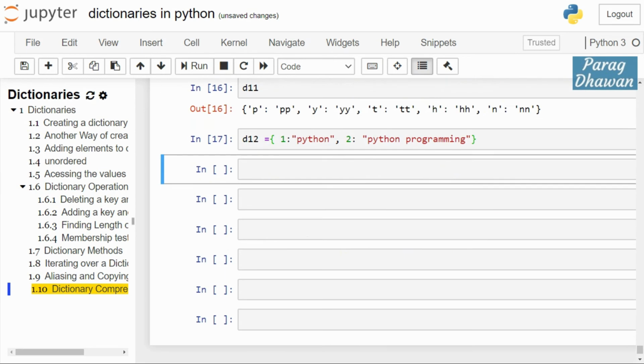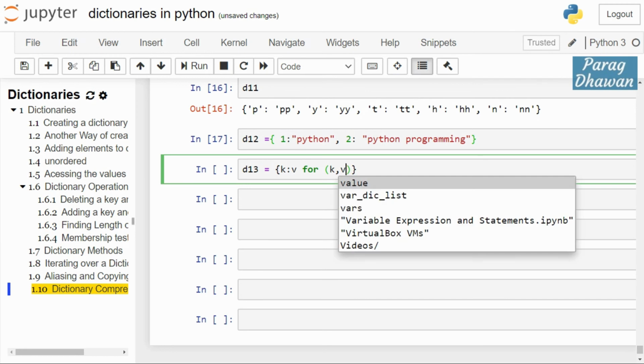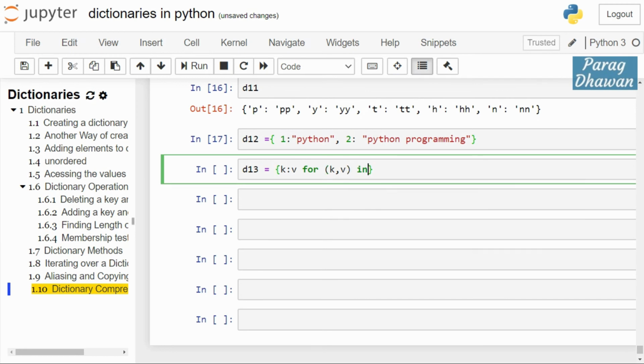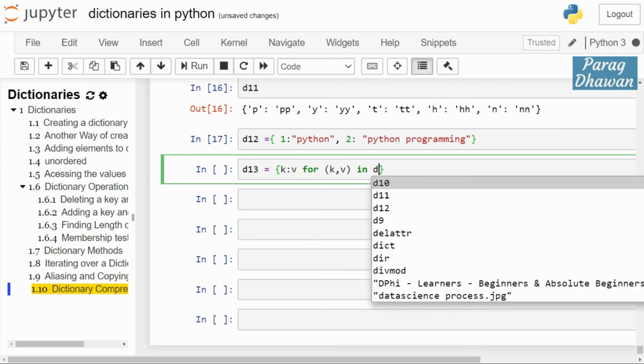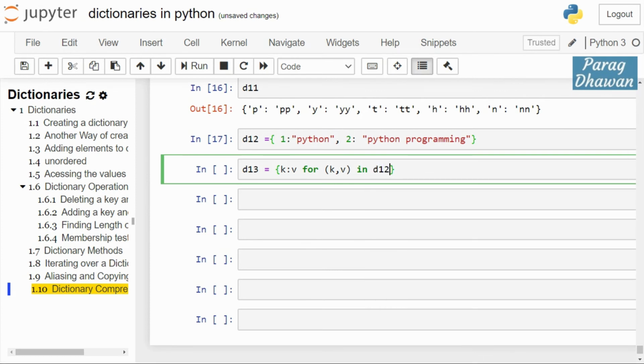Okay, after running the cell, give a new dictionary d13 is equal to, in opening and closing braces, a key value pair. Suppose we use k colon v for, now we want to generate this tuple, key comma value pair, in dictionary d12 dot items.